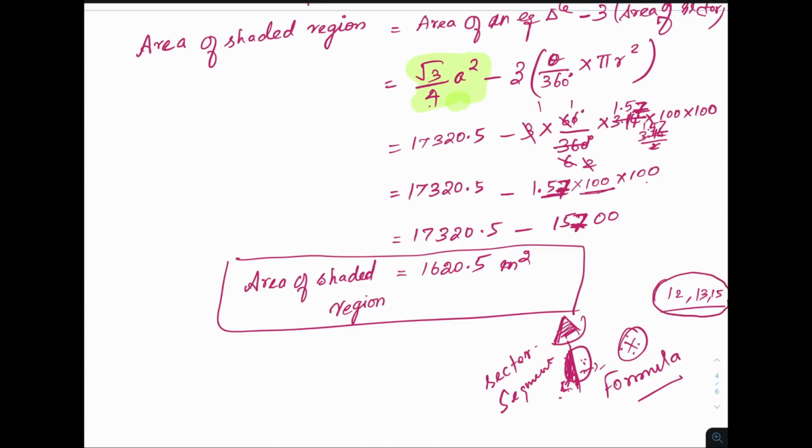To complete this chapter we have only 3 questions. Let me complete in the next session and we can start with surface area and volume. After completing these 3 questions, I will summarize the whole chapter. Then we can move on to the next chapter, that is chapter number 13, surface area and volume. That is also fully based on formula. So you are supposed to learn every formula by heart. I will be telling you how to remember easily.